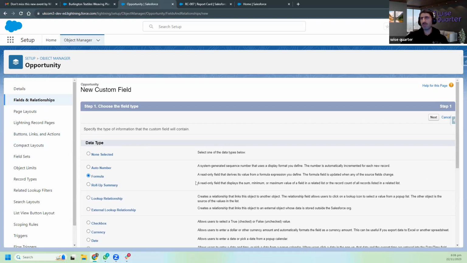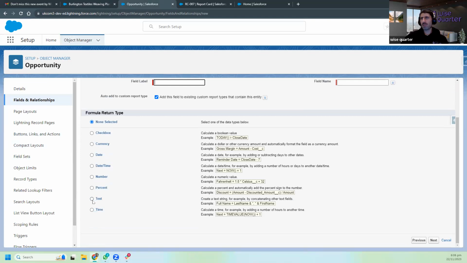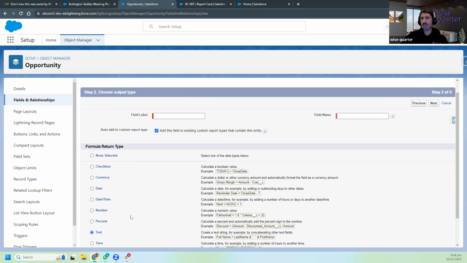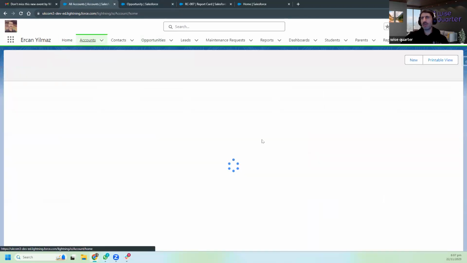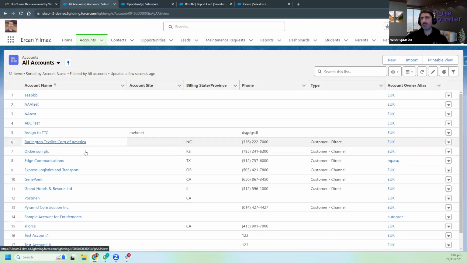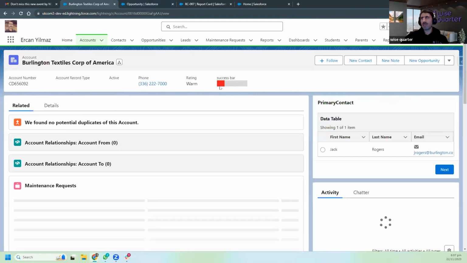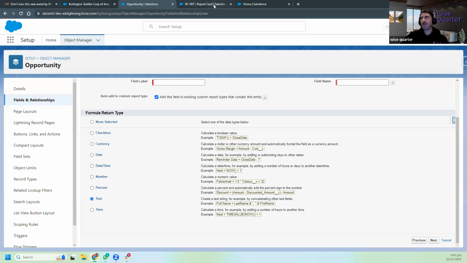Next, I'm going to choose the text return type because this text will use images. As I showed in the account object, I am using pictures here. Let me open another one. See here, I have red, I have other colors. So with this, I need some